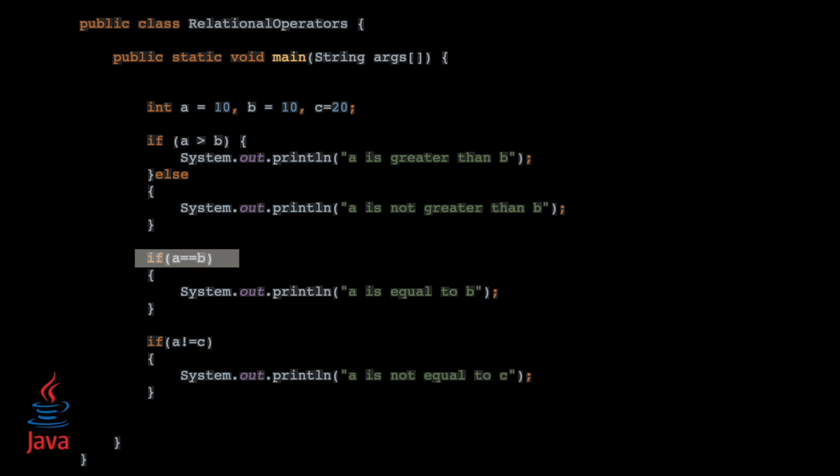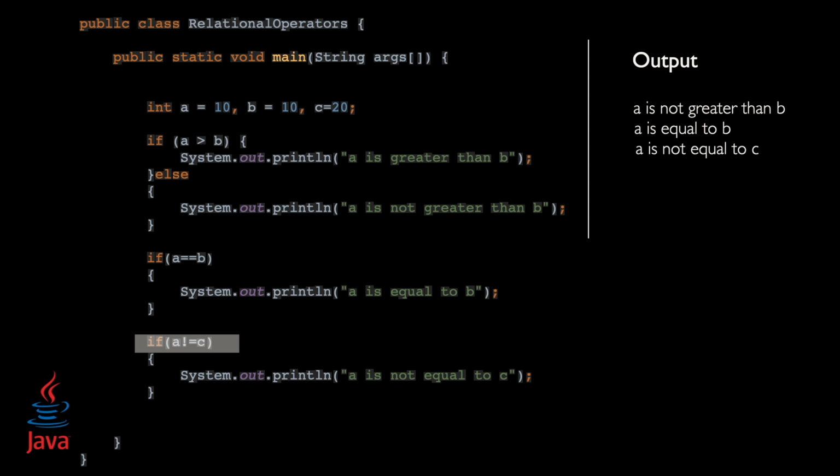Here we are checking if A equals to B. So it should print the next line that A is equal to B. In this line we are checking A not equals to C. So this will also return true, and it will go inside this condition and it will print A is not equal to C. Let us see the output of this program, and here is the output. You can see the desired output. So it will be my suggestion to all of you, just write these programs in your computer, run them and play with these programs. Only then you will be familiar with Java, and then you will be able to write code in Java. So this was the description for relational and assignment operator.